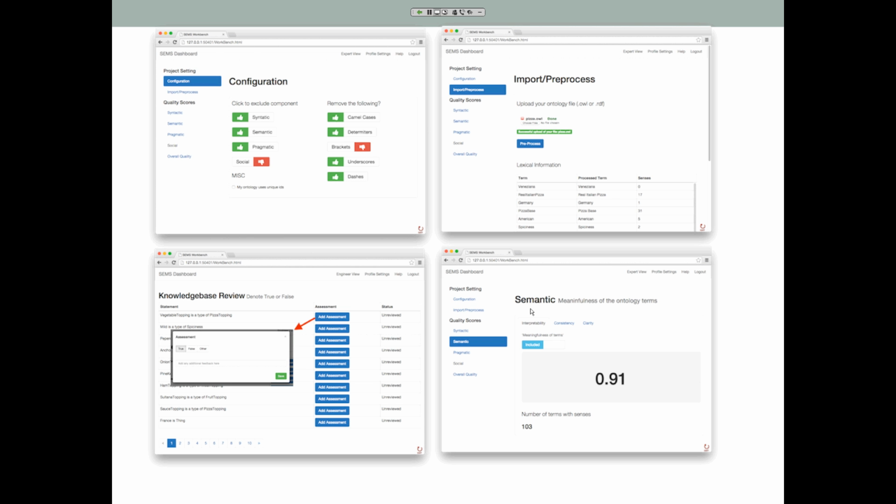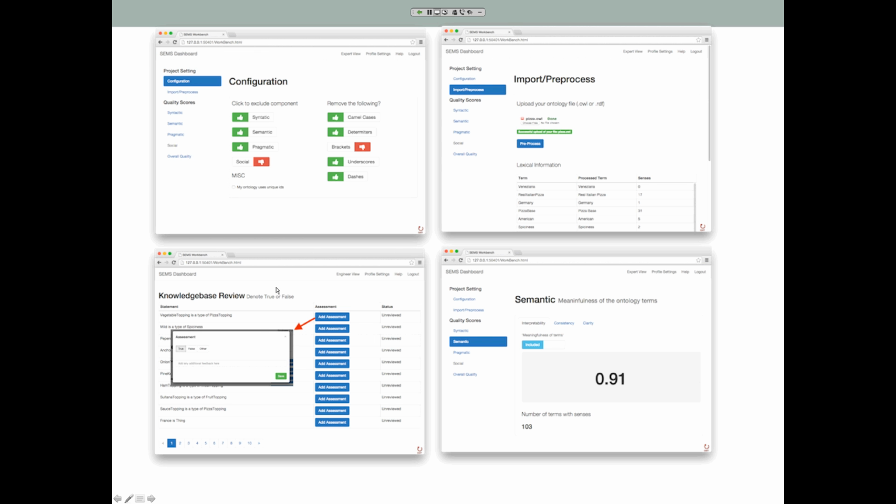So here I just want to show some screenshots. Basically, the user of the system can configure the system. So I only want to evaluate from 3 different factors. Now from the social perspective, I can turn it off, and we can import the ontology, and these scores will be calculated automatically by the system.